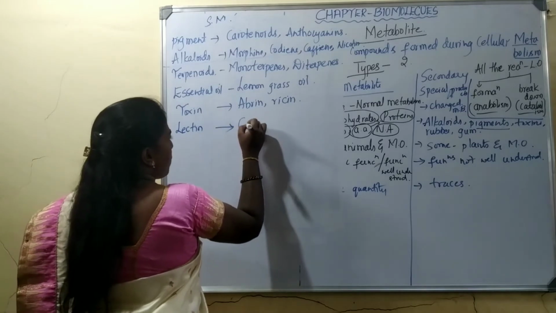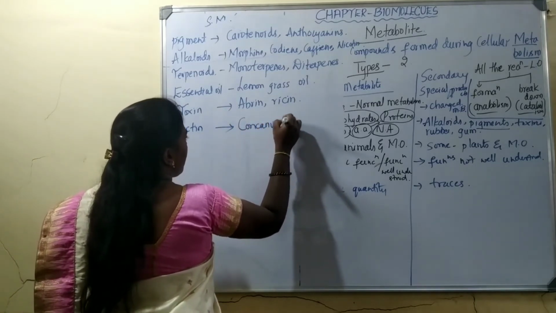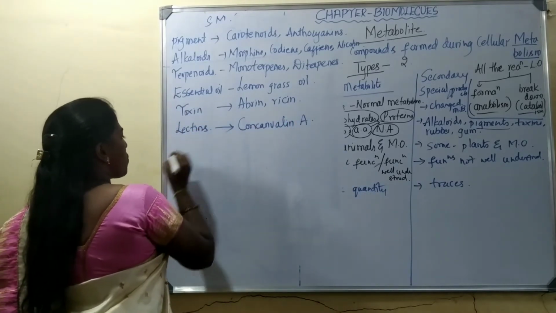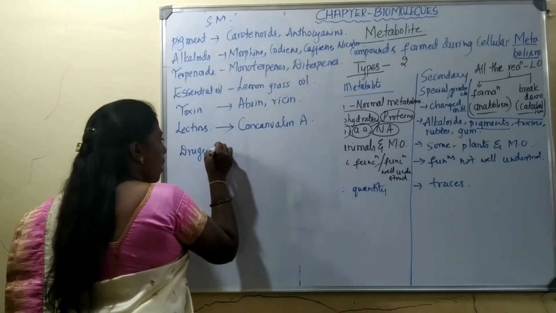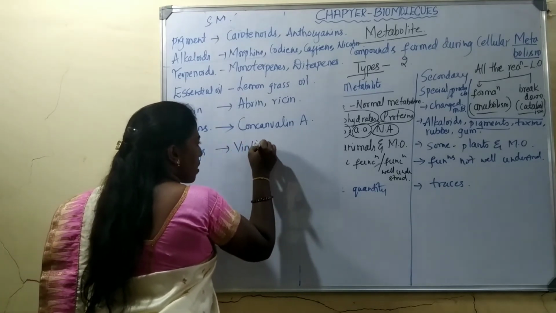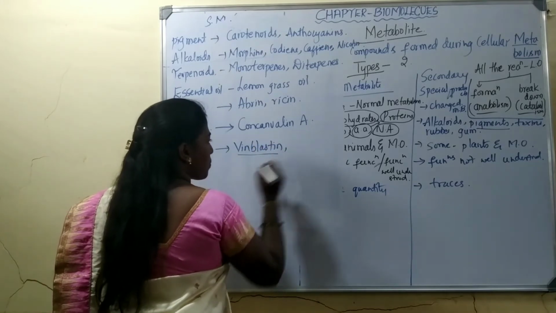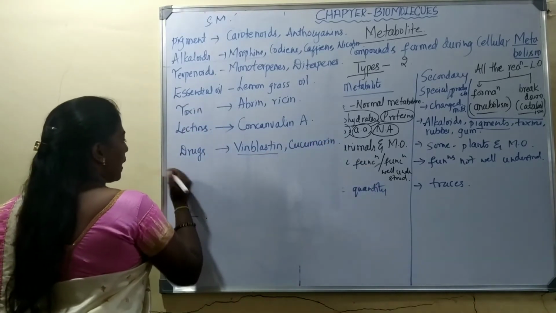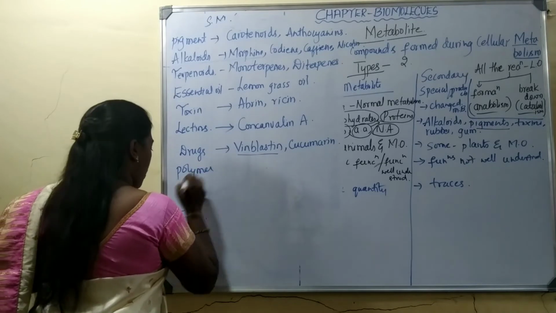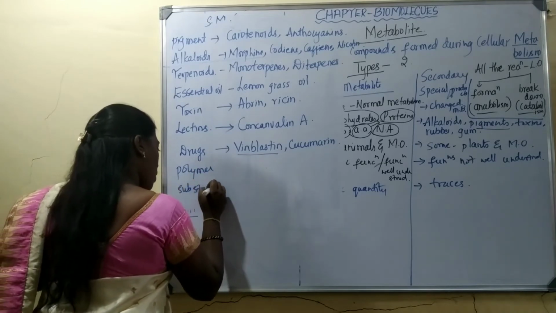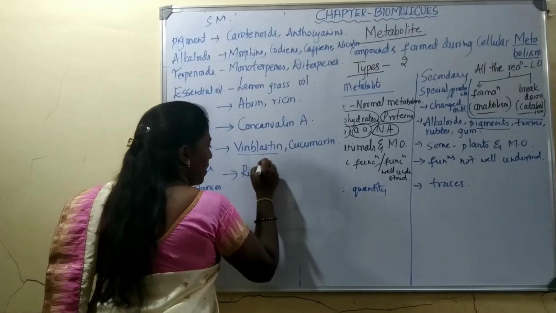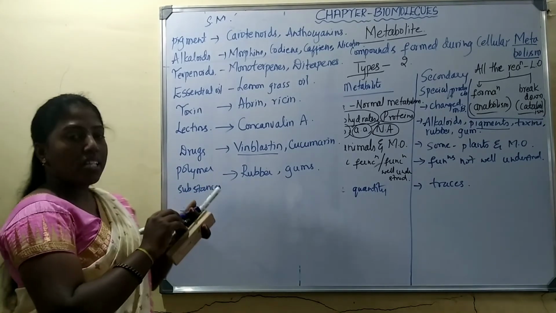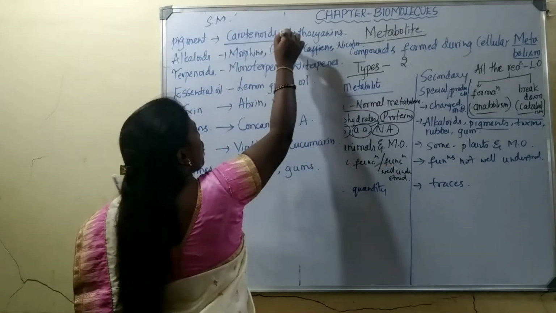Lectins, one of the examples is concanavalin A. The next, drugs like vinblastine and curcumin are examples. Next, polymer substances like rubber, gum, etc. Okay. Whereas the pigments, as I told you, carotenoids are found in carrot, a root part,